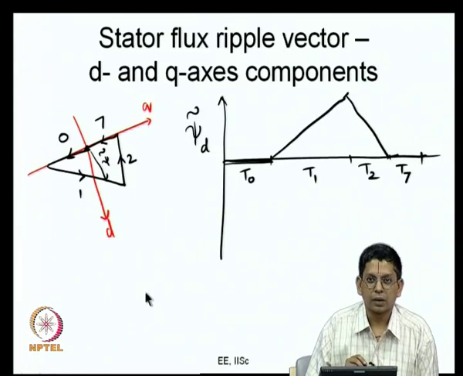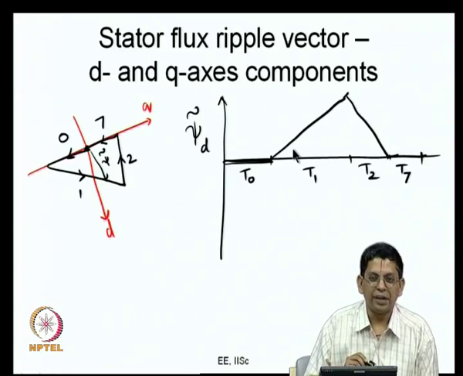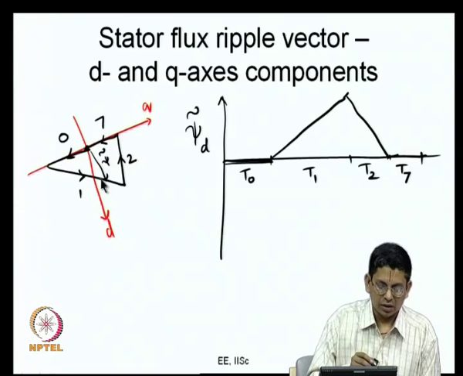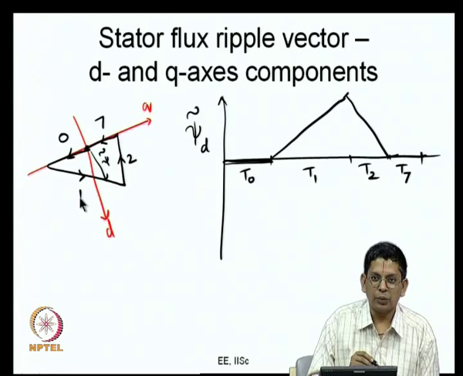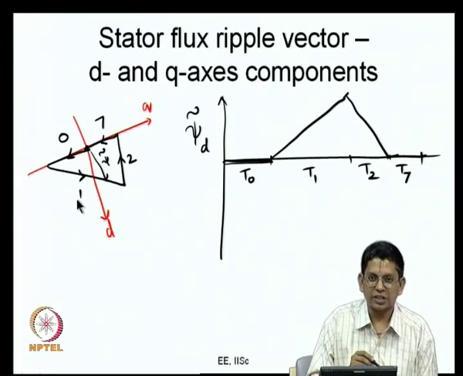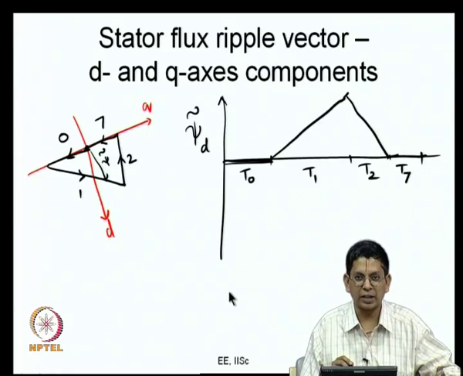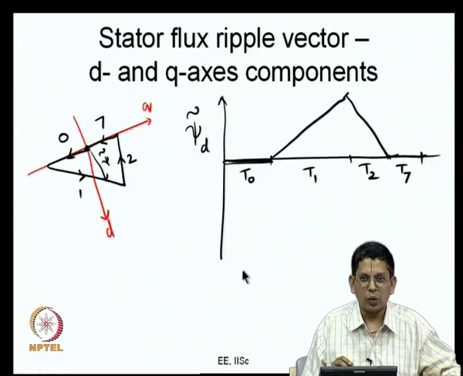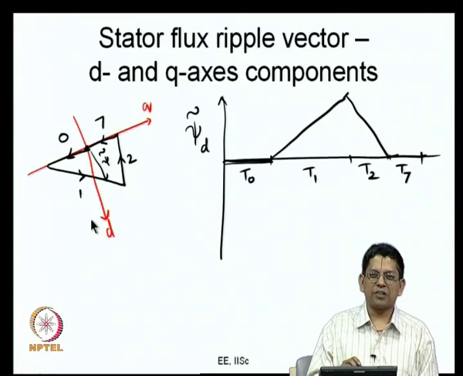Why is that? Because this is the integral of V d tilde. What is that? It is some value we had got in the previous one. It would be something like V reference sine of 60 minus theta. So, that is a constant value. It actually changes, but we are now considering a small interval where the q and d axis are wherever they are, and so there is no change in the reference vector.